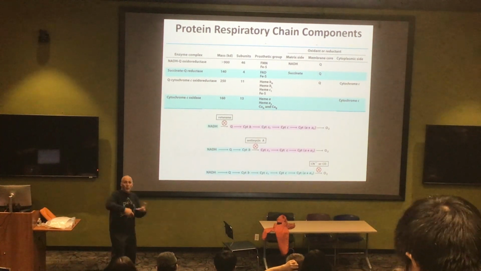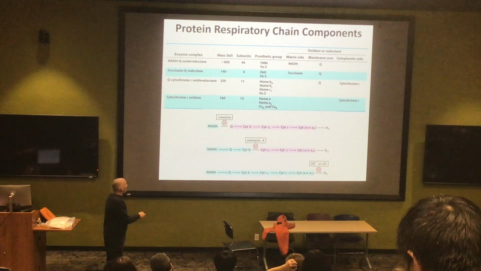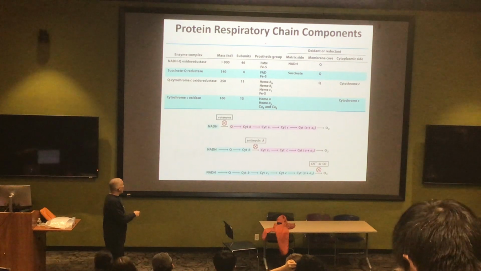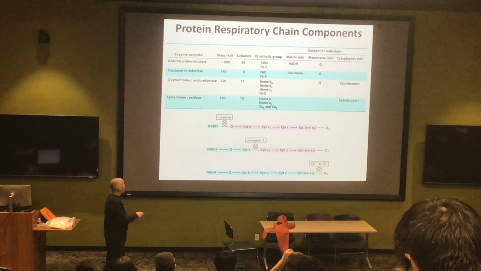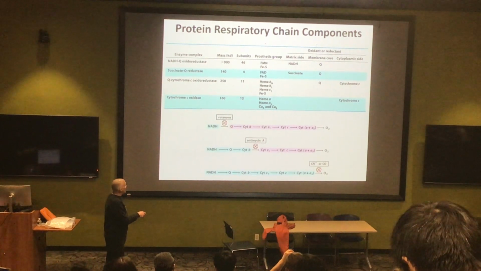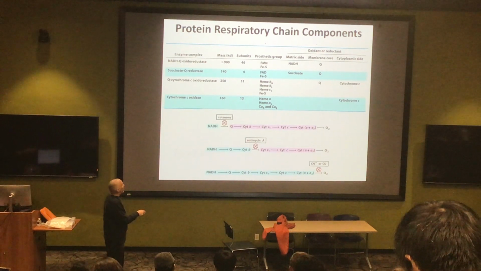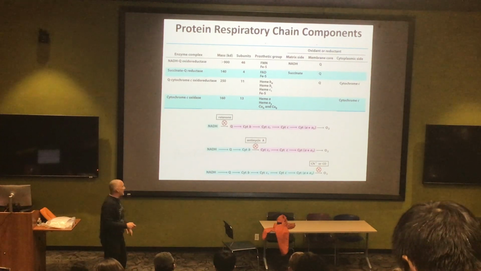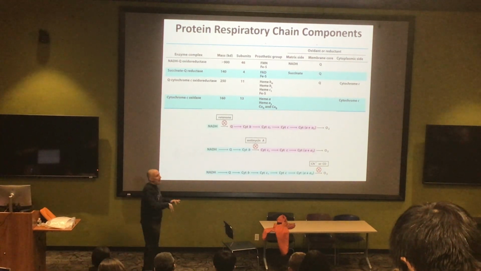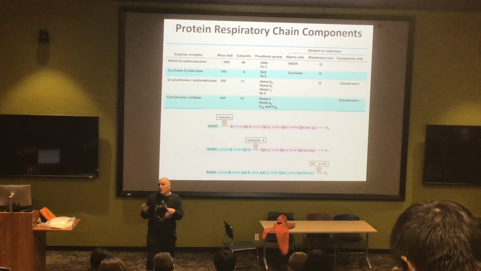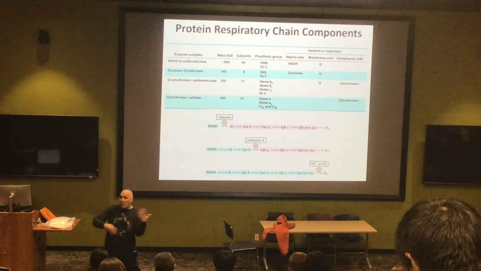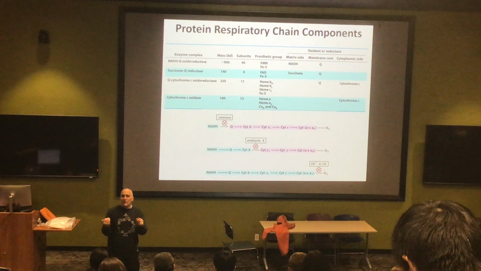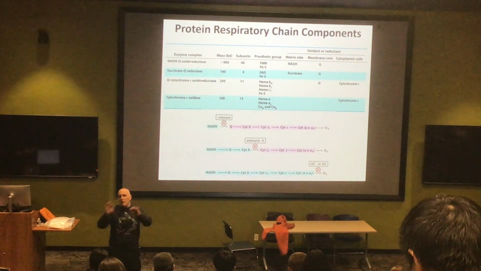Now, suppose instead of putting rotenone into your experiment, you put in antimycin A. You put some electrons in, the NADH will get oxidized, the quinone will get reduced, the cytochrome b will get reduced, but this process here is being blocked. So clearly the antimycin A is blocking this one right over here. And so by putting in these selective inhibitors, we can trap the system. And again, the reason we need to do that is because if we try to do this without these inhibitors being present, it can be very, very complicated to follow the kinetics of who's becoming oxidized and who's becoming reduced.